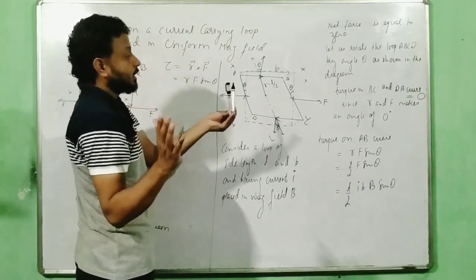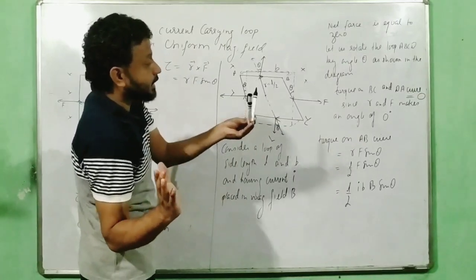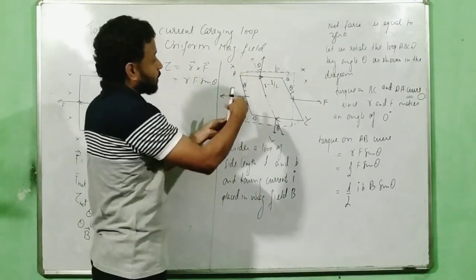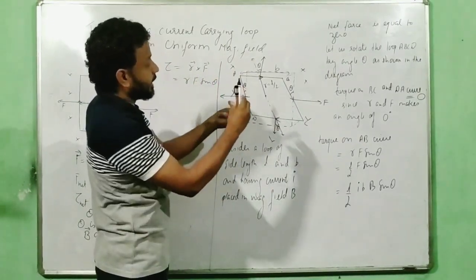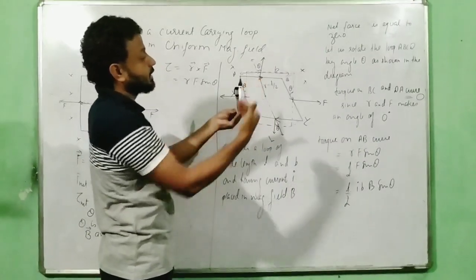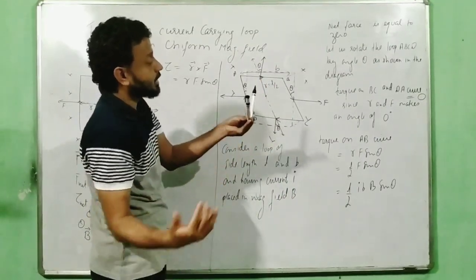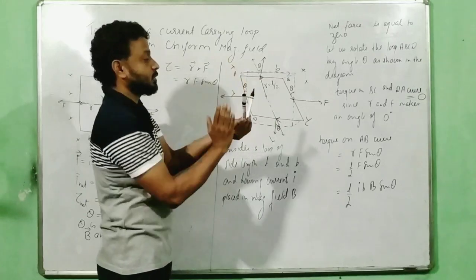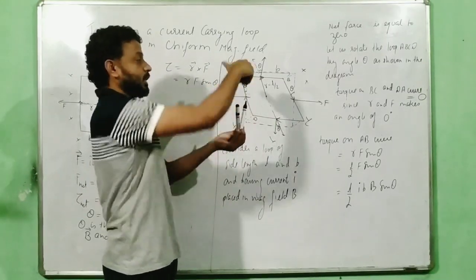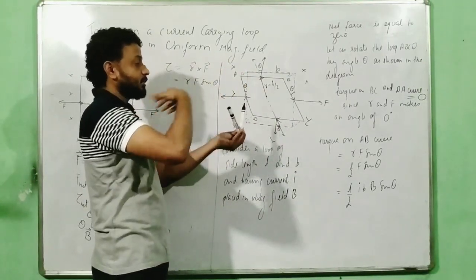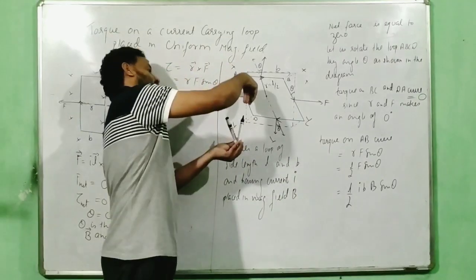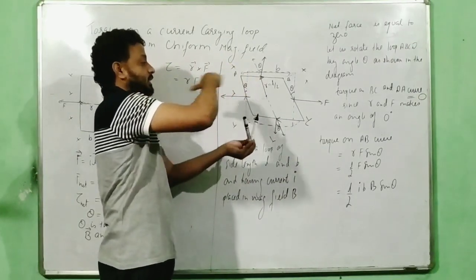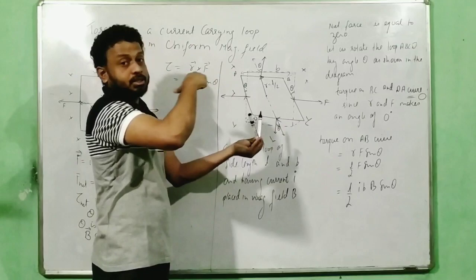Correct? It is going to try to rotate it back. So you are trying to rotate the loop like this by creating an angle theta. The moment you create an angle theta, the torque will try to push it back. So this is your R cross F. It will try to rotate in this direction. So from my side, if you see, it will rotate anti-clockwise. So direction is in this. Thumb points the direction.